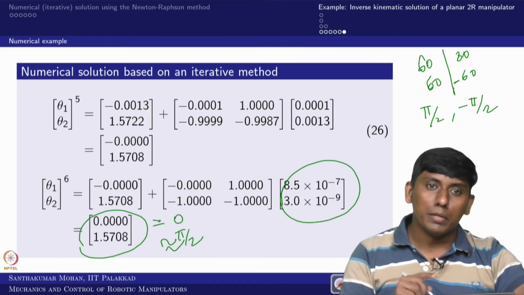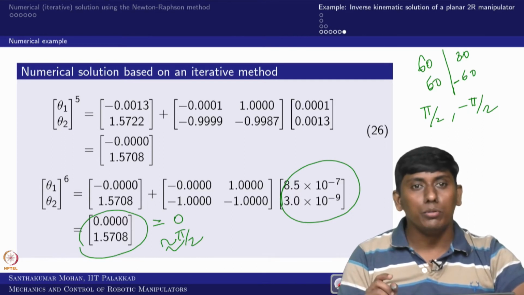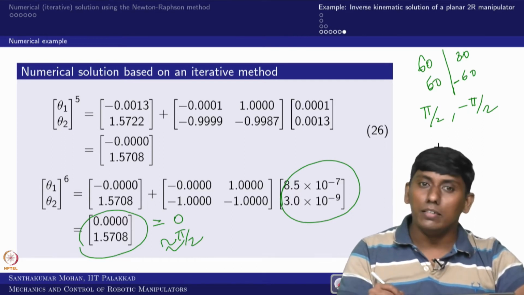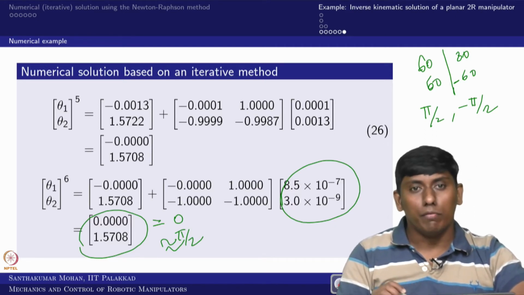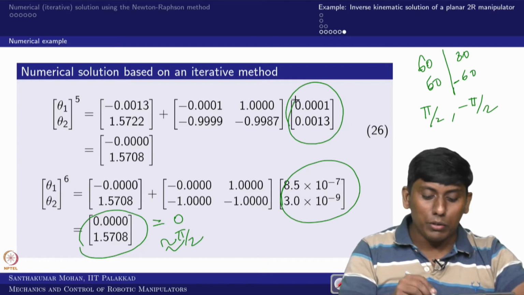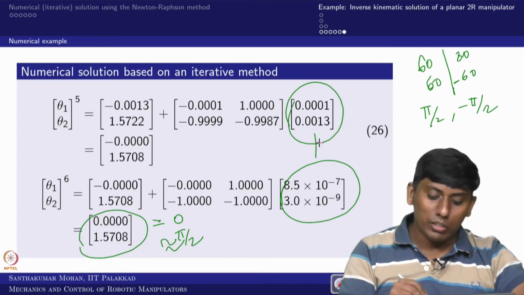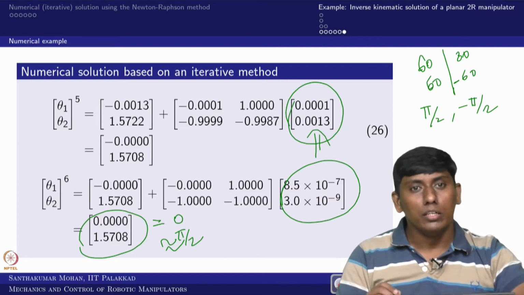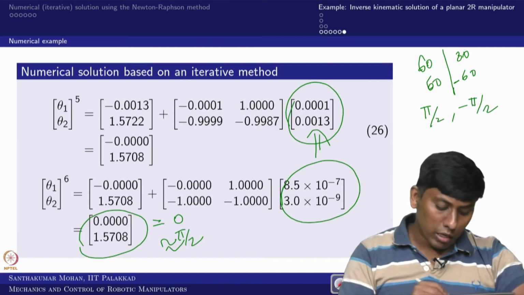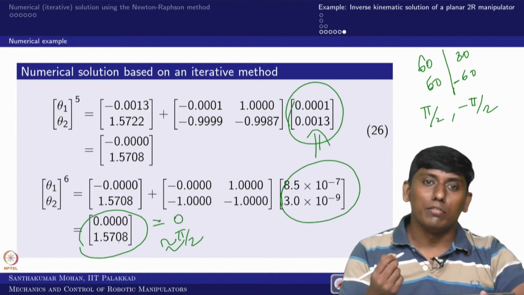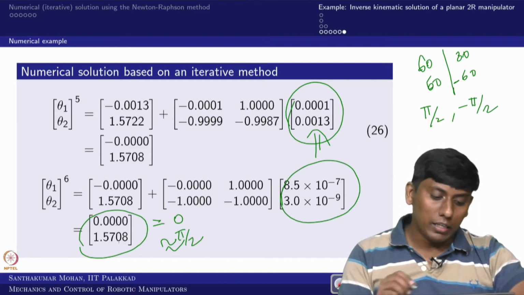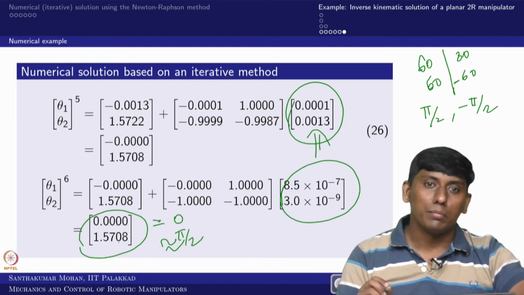Whenever you are substituting, you substitute in a common unit. So you substitute in radians, okay, because your Jacobian matrix would be of a different order, and you are giving your position values in meters, so better you use radians everywhere. So now these values are in radians, so you can convert that into degrees whenever you require. So with that, we end up with the Newton-Raphson method.